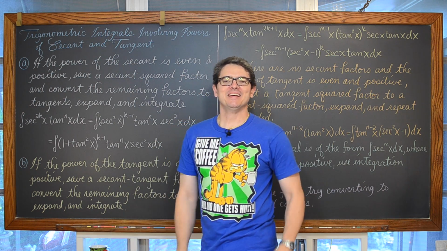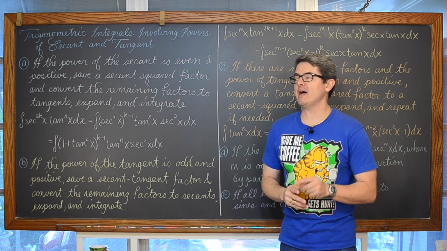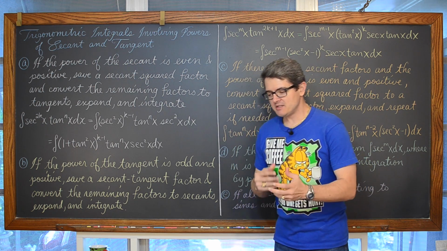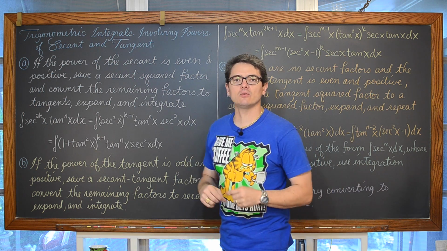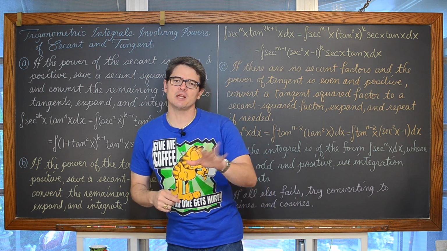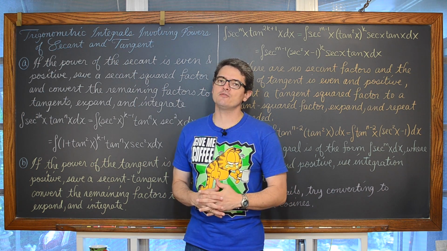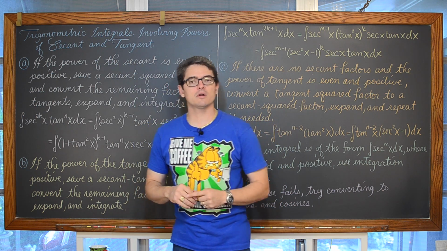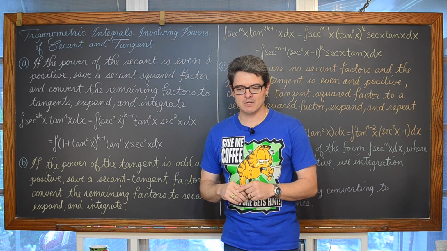Mr. Tarou, in part 2 of looking at trigonometric integrals involving powers of secant and tangent, we're going to be doing 5 examples. Now, in the description of this lesson, not only will you find timestamps to those 5 examples if you want to skip ahead, you don't need to hear this entire lesson, you'll also find a link to part 1 where I talked about trigonometric integrals involving powers of sine and cosine.